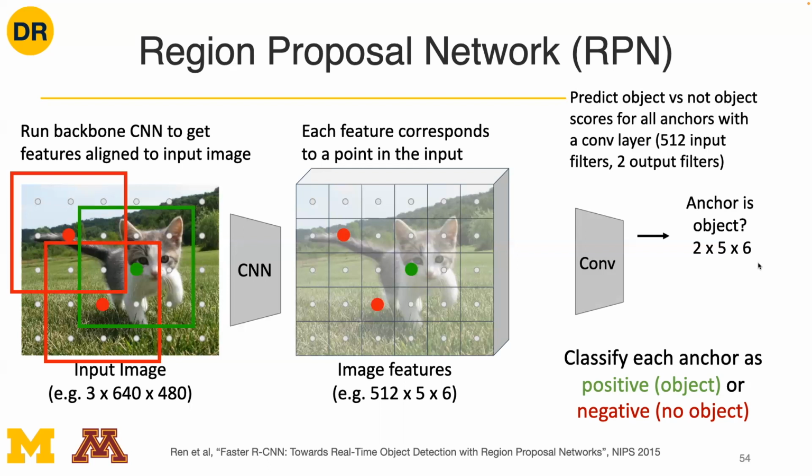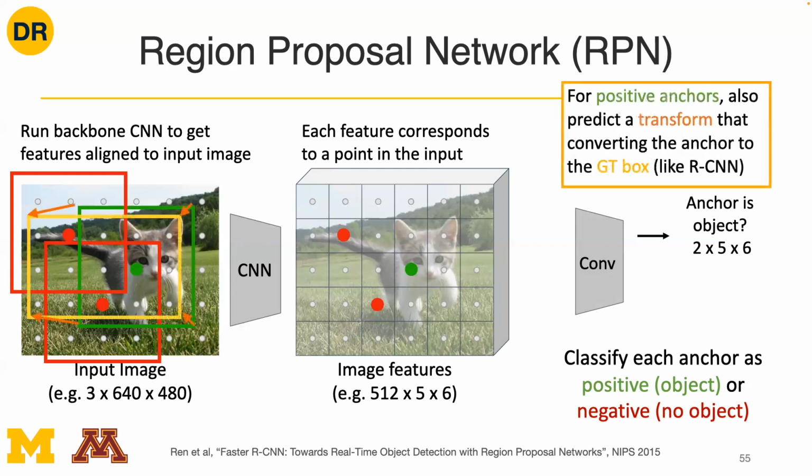You could alternatively implement this as outputting a single score, and then you would train it not with softmax, but with something like binary logistic regression, but they're equivalent. So the point is it's trying to classify just a binary problem of is there an object at this anchor or not. In addition to that,